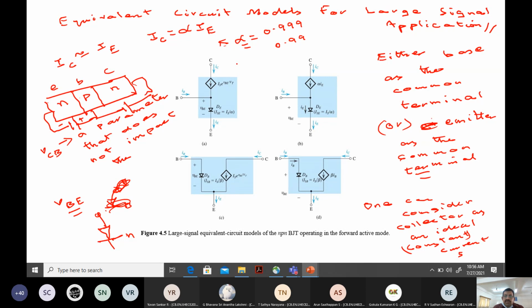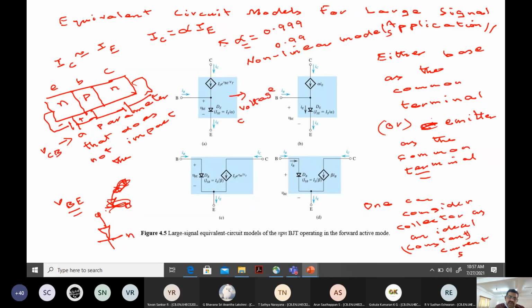Now all of these models, remember, because of the exponential current-voltage relationship, are nothing but nonlinear models, not linear models. You remember with the diode, we assumed linear approximations. Here, we are talking about nonlinear models, all of them for large signal. And when we talk in terms of voltage, it becomes what is called a voltage controlled current device.